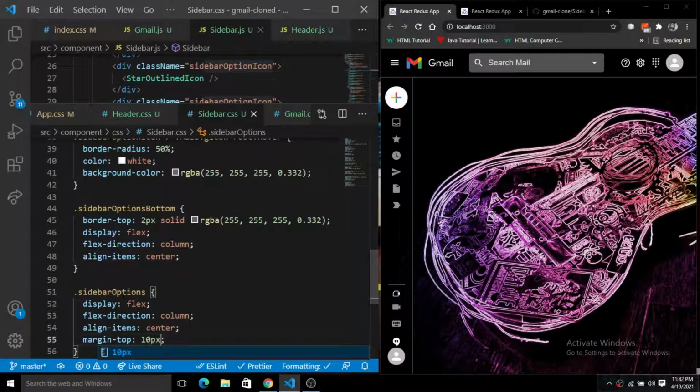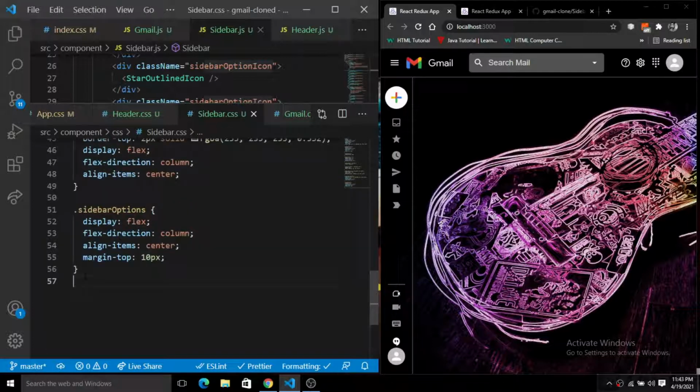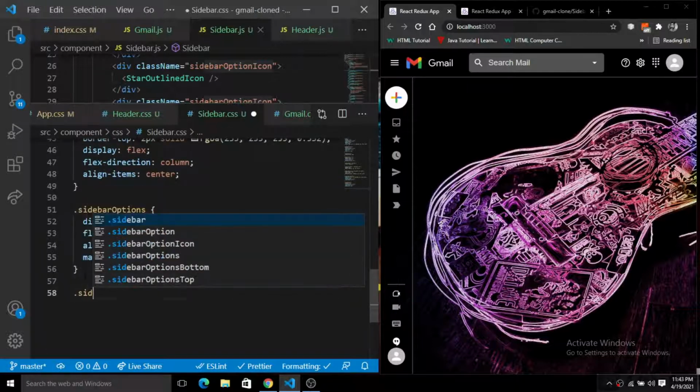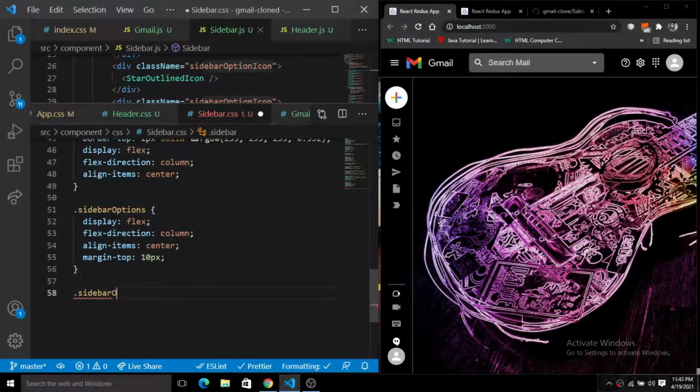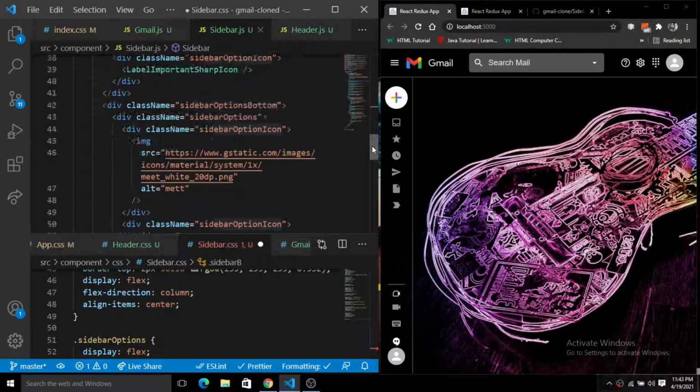It is looking nicer now, right? And the last one is the bottom. We have to style the bottom last. So sidebar bottom last. So simply put the sidebar option bottom. Okay, sidebar option bottom. Sidebar bottom. Okay, let me cross check this first of all.